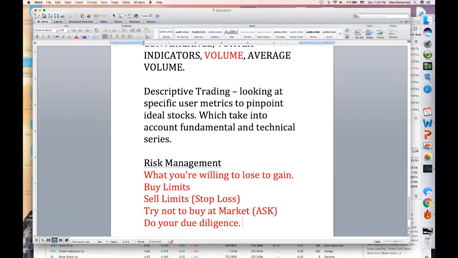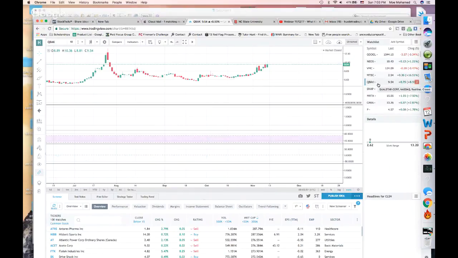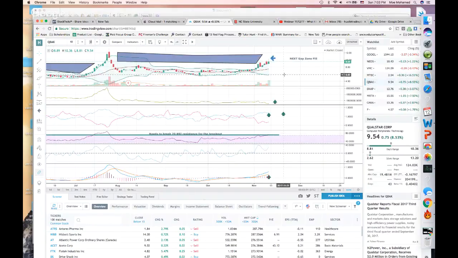So I'm a swing trader, right? I'm constantly setting buy limits and sell limits. I'm constantly looking at a stock, looking at a chart. Let's say I'm looking at QBAC, that I've been looking at very, very intensely over the past couple of weeks. I'm looking at QBAC